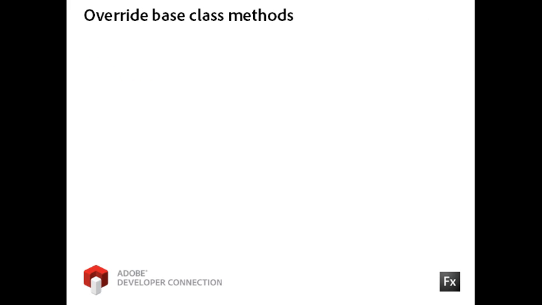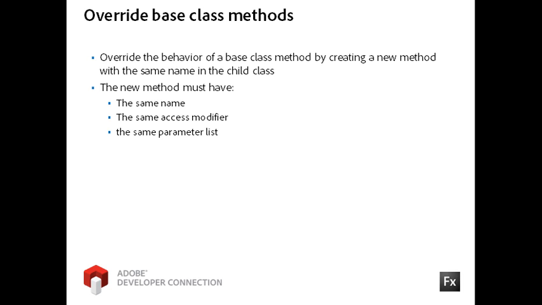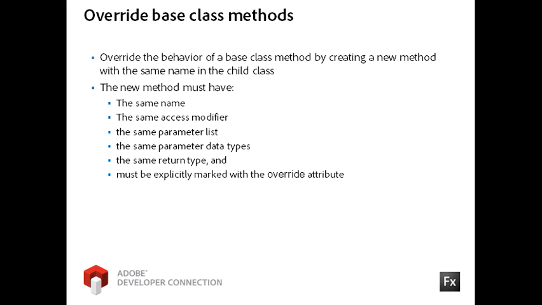Sometimes you want to inherit methods of a base class, but then modify them in your child class for that child class's specific needs. This is called overriding the base class methods. To override the behavior of a base class method, you create a new method within the child class with the same name. The new method must have the same name, the same access modifier, the same parameter list, the same parameter data type, the same return type,